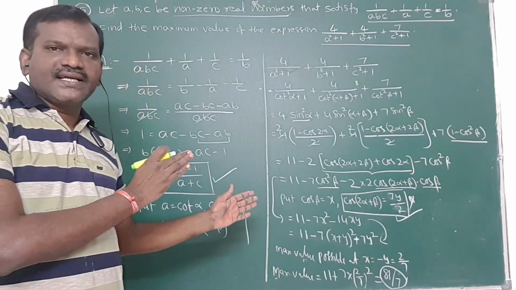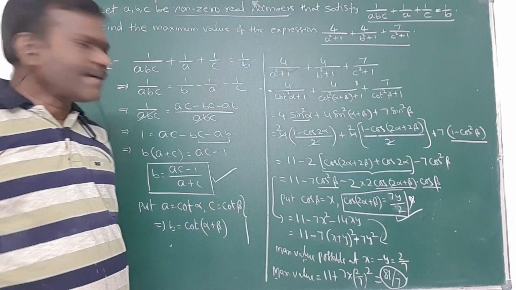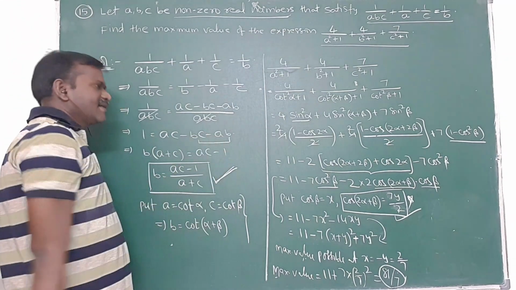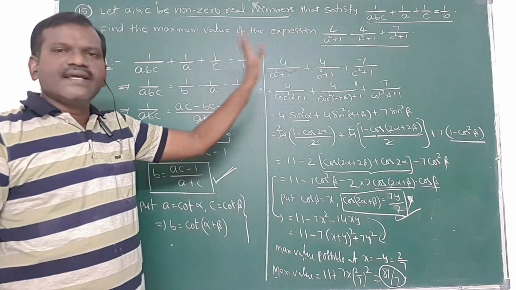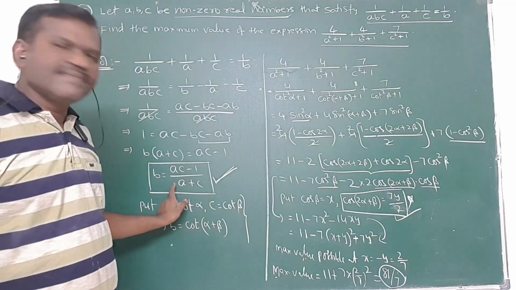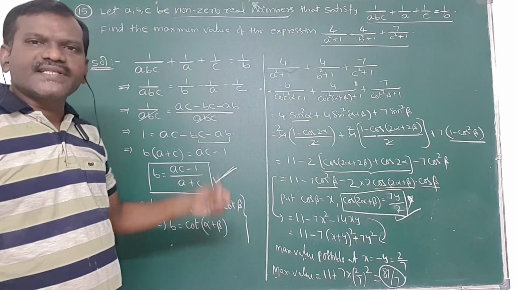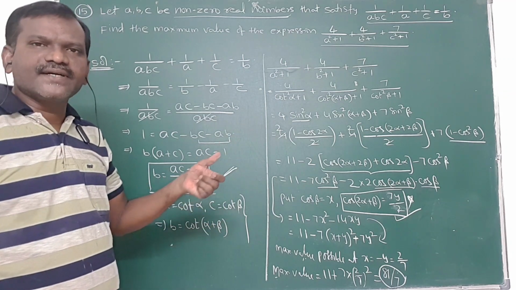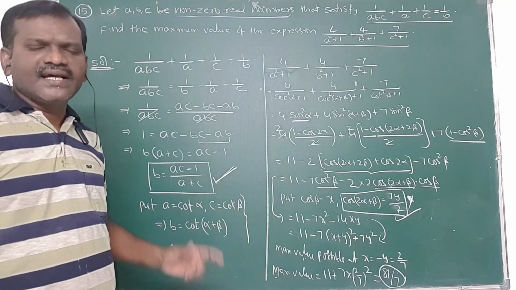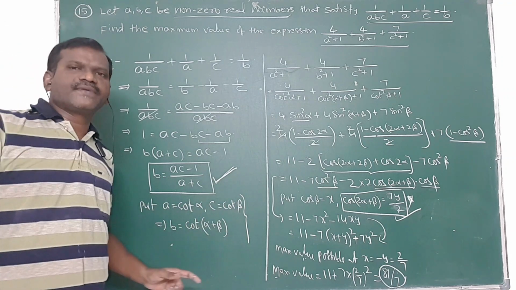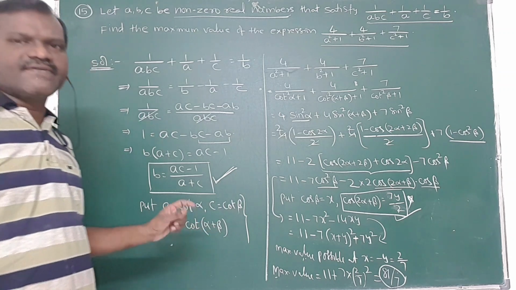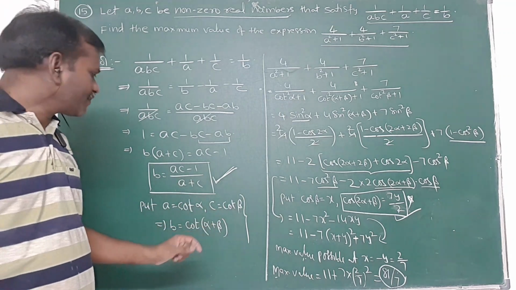So see, the synopsis points I applied here: first, the simplification. Always simplify the given expression. Then we will get a relation between A, B and C. Then go for the substitution. Which substitution is possible, and which substitution makes it simple? We must always keep this in mind in algebra problems. The simplification part is important. We have to keep in mind for which substitution it will be simplified.